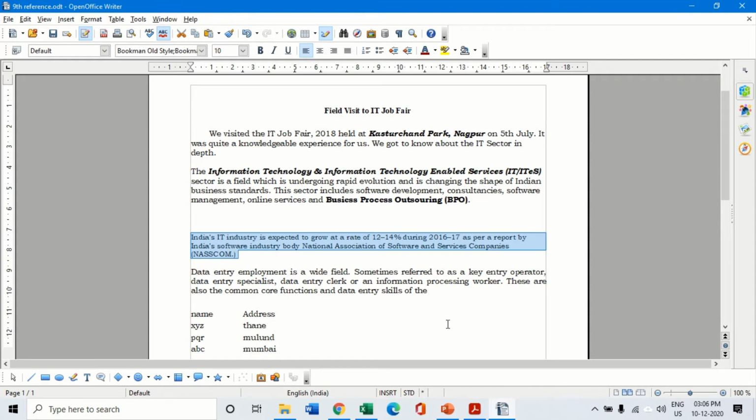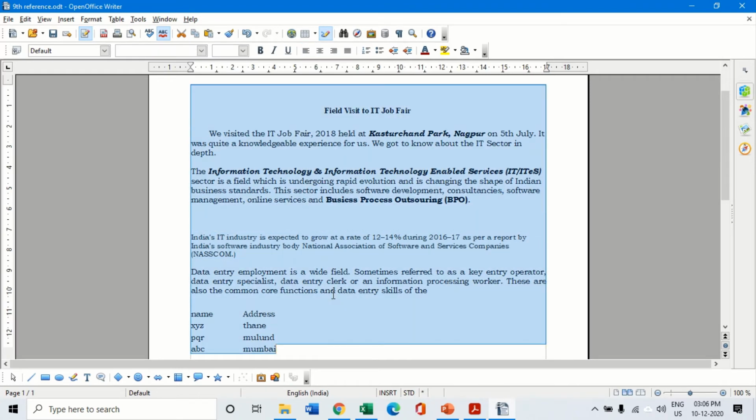Now if I want to select an entire document which is say around 20-30 pages, or 5 or 6 pages, whatever, the easiest way of selection is to press the Control key and the A button together. Control plus A helps me to select the entire text. That is, if I have 5 pages of text, the entire 5 pages will get selected. So however long the document is, it can be selected by pressing Control and A together.